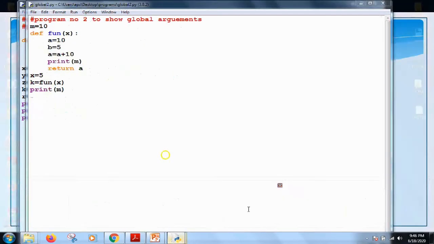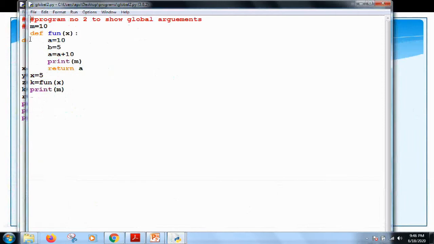Let us take one more example to understand the global variables. For example, in this, m is equal to 10, which is declared outside all the functions, and it is not even in the top section, but it is declared outside all the function definitions, so it is also a global variable. Global variables are accessible to all parts of the program. See, print m equal to 10. Here m is also accessible, and in the top level segment also m is accessible, so it will be printing the m value 10 here also, and it will be printing the m value 10 here also in this case.